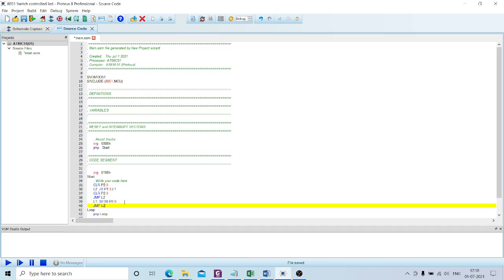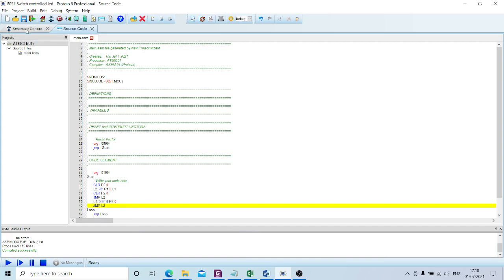Okay, this has to run continuously. So once it is done, it will come back and check the bit again. Each and every time I'll be checking the bit. So based on the input bit, I'll be deciding whether to turn on the LED or turn off the LED. So now I'll be checking whether it is correct or not.